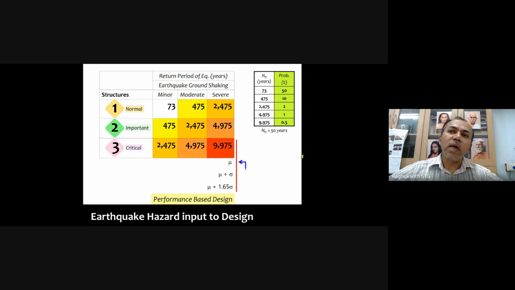Nowadays everybody is talking about performance-based design in earthquake engineering, where we don't want one value. Right now the IS code gives zone 5 as 0.36g, but if you want to do performance-based design, you require values for return periods of 73, 475, 2475, 4975, 9975 years. So you have to give design values for all these return periods, and only then can we use performance-based design. This was also one of the reasons why the zone map has to be updated, based on probabilistic approaches. Now, these are from the design point of view.